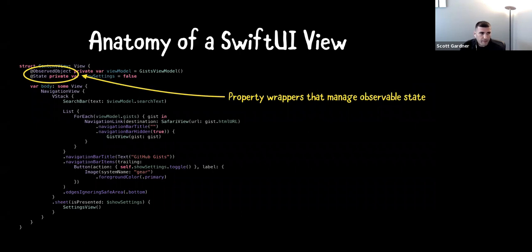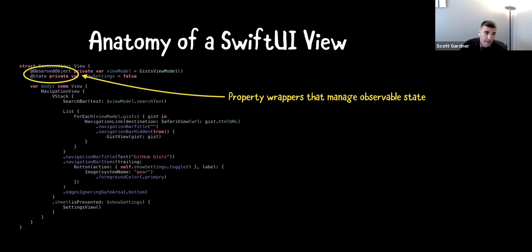So at the top here, inside of the definition of the content view, we have a couple of properties with property wrappers. And these property wrappers, in particular, ObservedObject and State, allow us to manage observable state for this SwiftUI view. And what will happen is when these elements are changed, when they emit a new value, this body property will be called, and we will have the opportunity for that to be re-rendered. And that's an example that I showed you before with the product card. That would be causing that out of stock view to disappear, or be removed from the view, and also updating the quantity and all the other things. These would all be bound to this particular observable object here if this were for a product card,